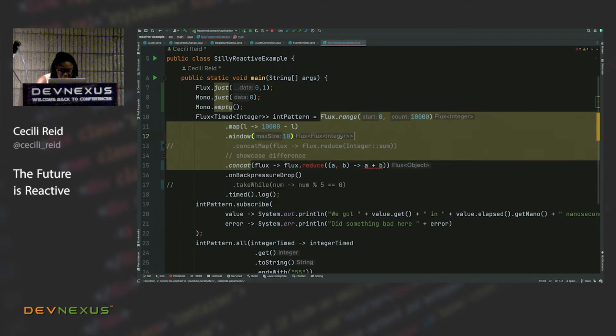I'm pretty sure it was concat. Yeah. The difference was that concatMap is going to give me a Flux of integers, whereas concat was actually going to give me a Flux of Monos.